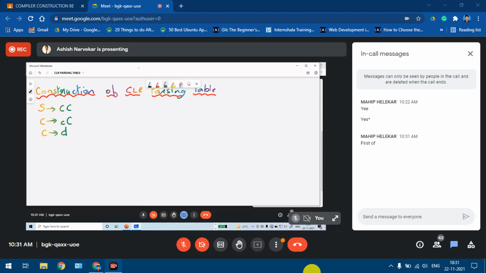I think we had already done that part also. Here we'll have to compute first of S and first of capital C. Sorry, first of S will be equal to C comma D only, right? First of C is C comma D. Once we have done this, the next part is construction of the table.